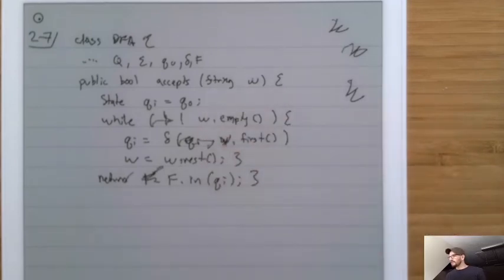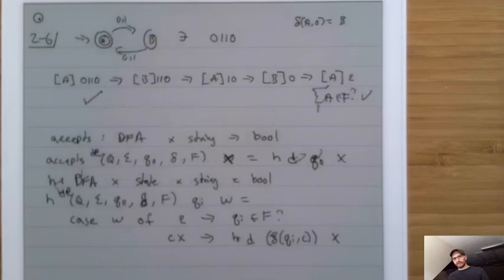And so this right here is a little function that does just what we're talking about. All right, so that is a simple way to define DFAs,